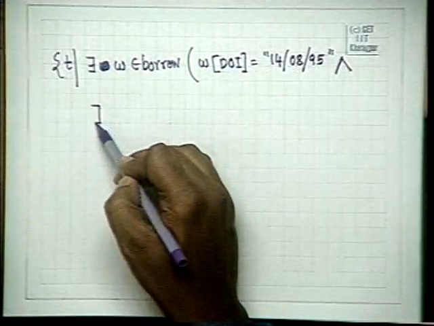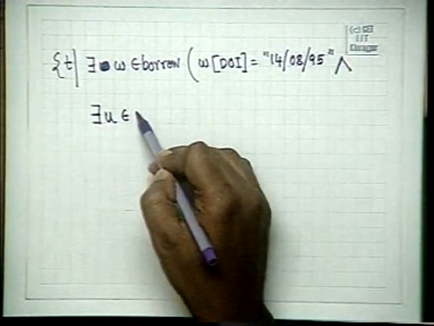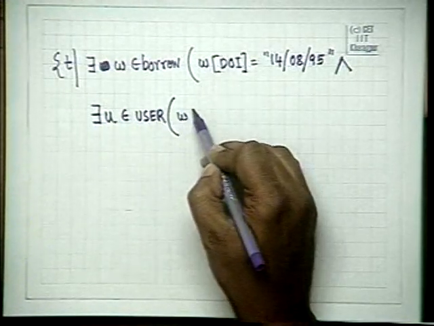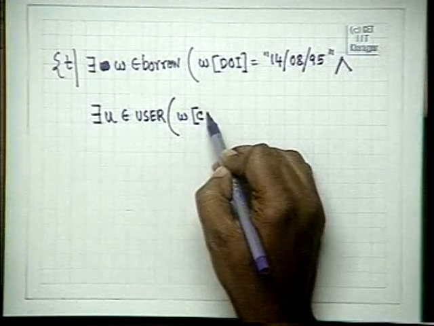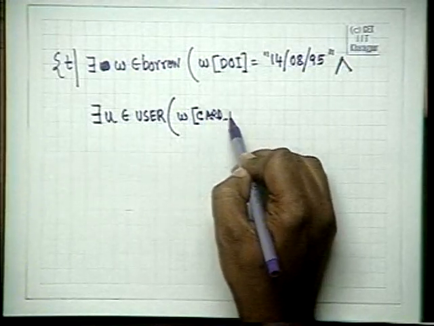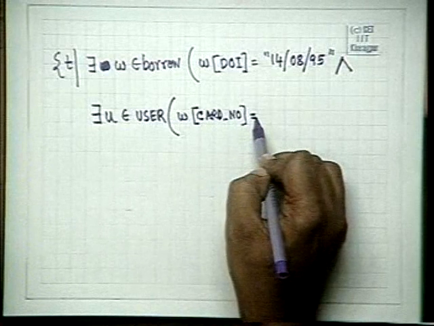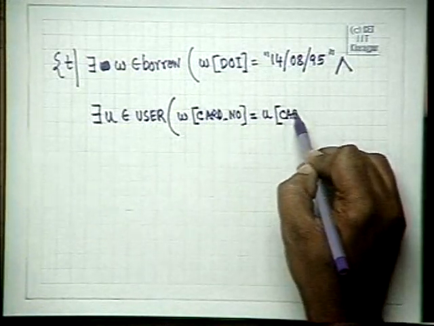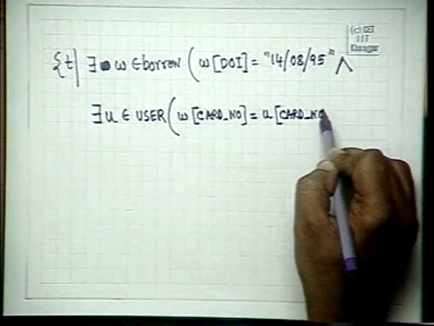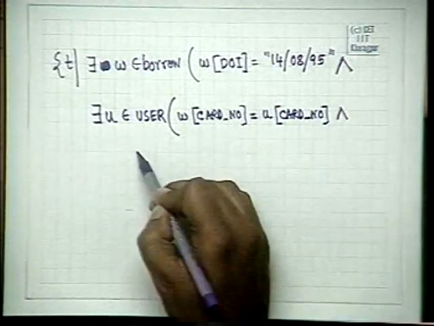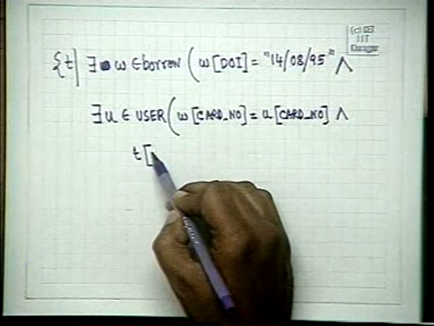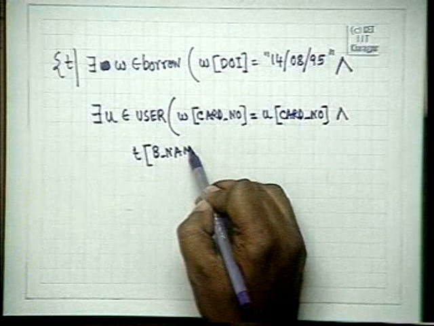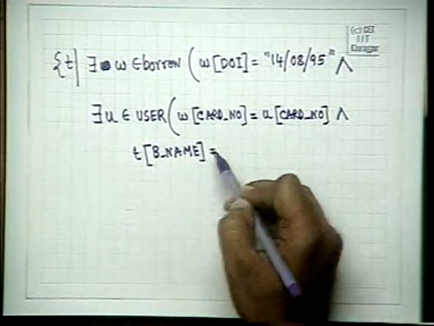there must exist some U element of user such that W card number must be equal to U card number and T of B name is equal to U